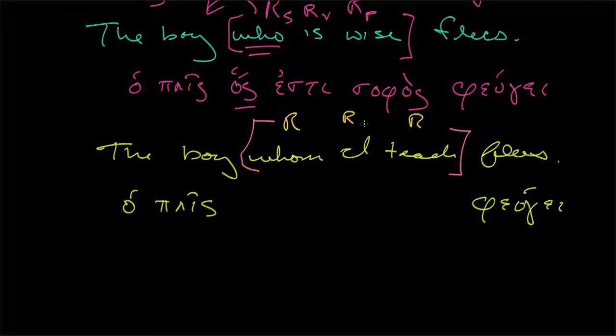Well, that's nominative in English, so that's the subject. This is going to be the verb. And whom is the direct object of the teaching? Note that it's at the beginning of the relative clause. We wouldn't say in English, outside of maybe poetry,